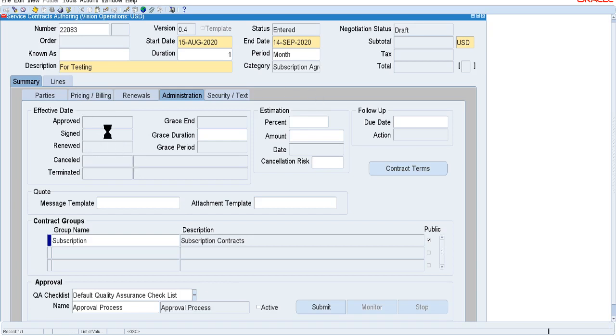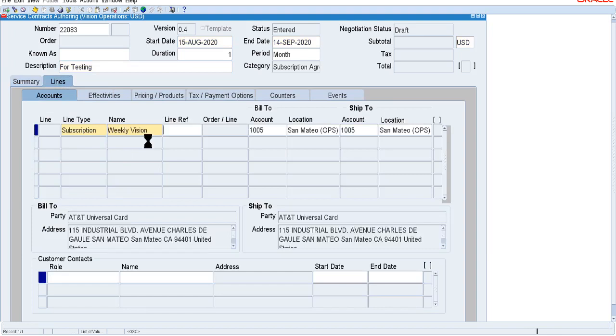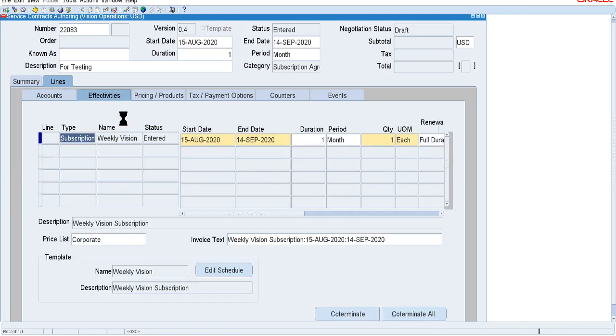Okay, so this header information has been completed, and then we move to the line section. Here the subscription is there. I am just putting the value of name, weekly visions. You can see bill to and ship to is defaulted from the header. You go to the effectivity tab, and here you can see the start date and end date are populated from the header section. If you want to reduce this end date, you can. I am just keeping this